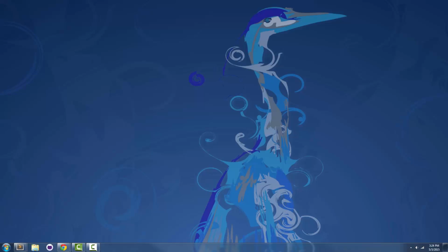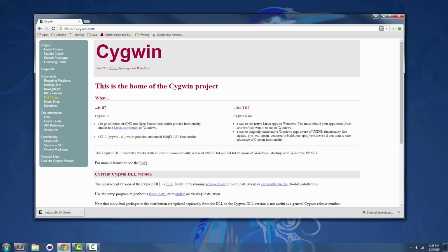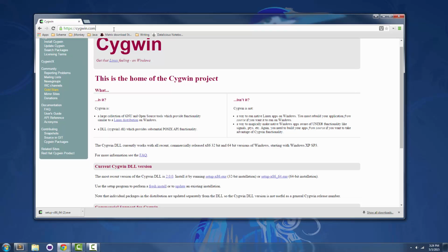In this video, I'm going to show you how to install Cygwin on Windows so that you have a functional C++ development environment and functional C development environment for that matter, but the goal here is to get C++ development up and running. Okay, so first thing, you're going to go to the website, cygwin.com, and choose here according to